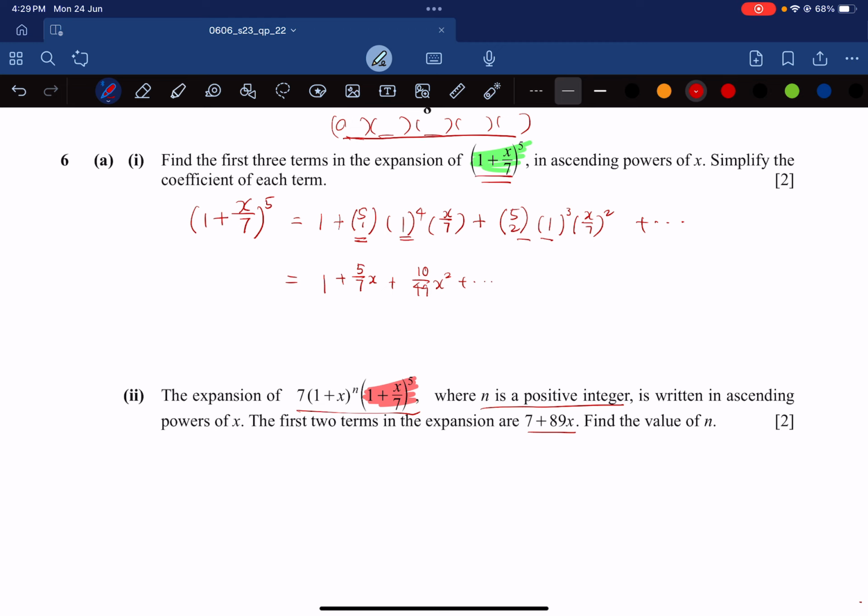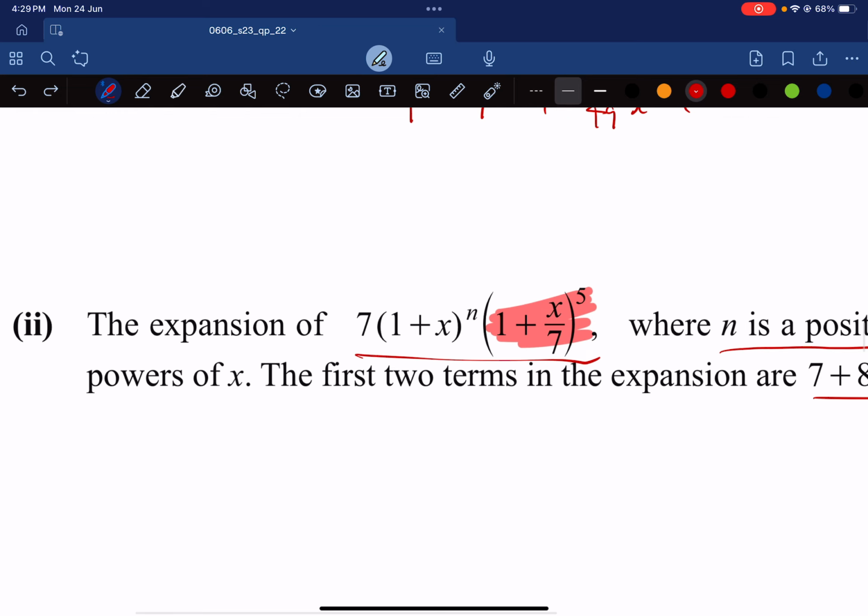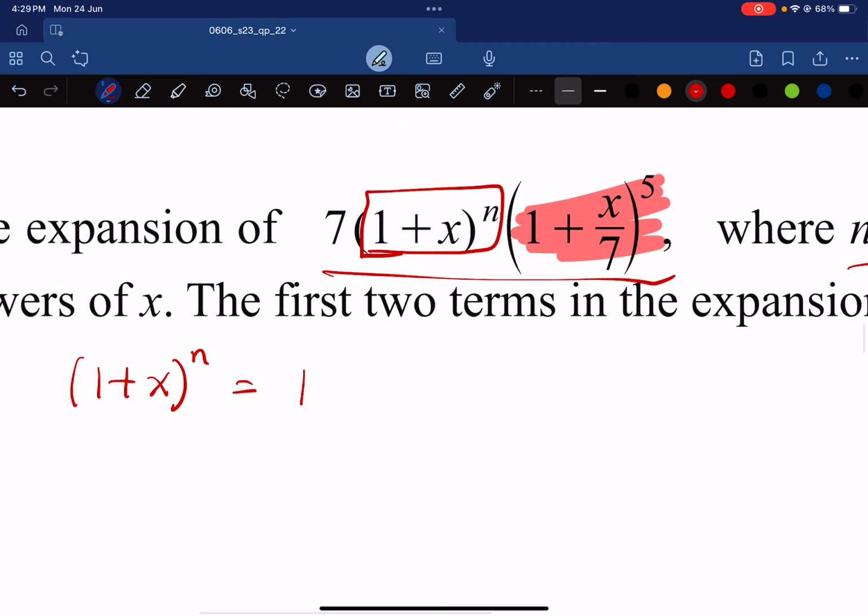So the first two terms in the ascending power is this, find the value of n. Okay, so let's try to expand this first. This would be 1 to the power of n. Each of n brackets, I take the first term and multiply them all together. 1 to the power of n, plus